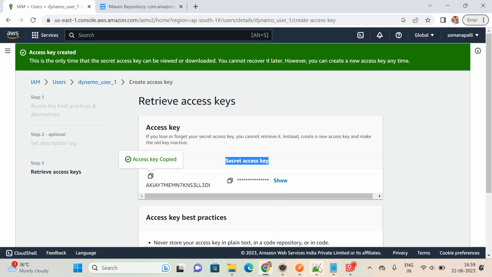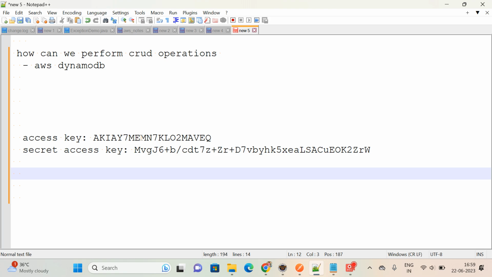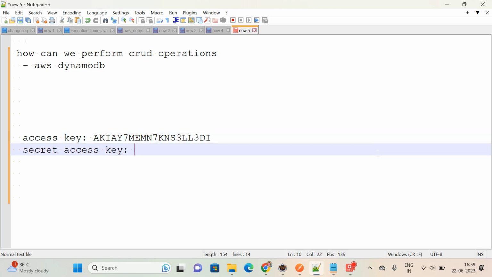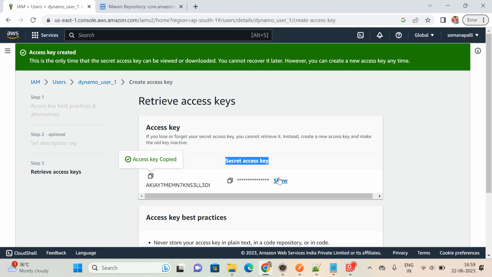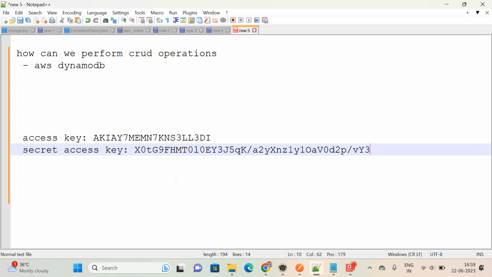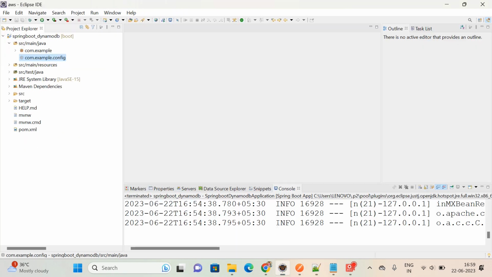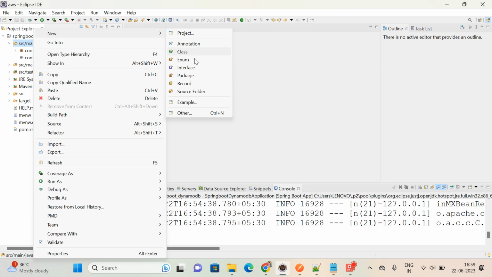application itself. So I am just copying the access key with Control V, and the secret access key I am also copying from here. Let me click on show and then copy it, come back here, and paste the secret access key. This access key and secret access key I am going to reuse while I am doing the application, especially in the configuration. Okay, so now, followed by this, I am going to create one more package,